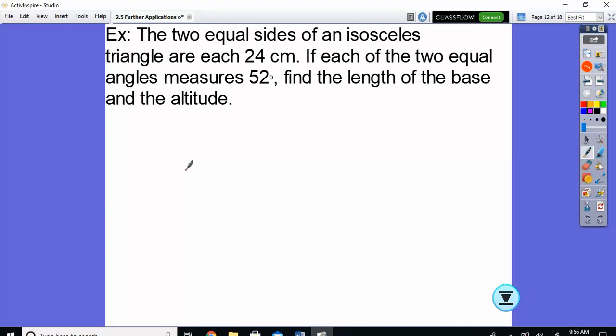The 2 equal sides of an isosceles triangle. So, isosceles triangle with 2 sides the same. Each of those is 24. If the 2 equal angles, where are the equal angles at? The bottom. Find the length of the base